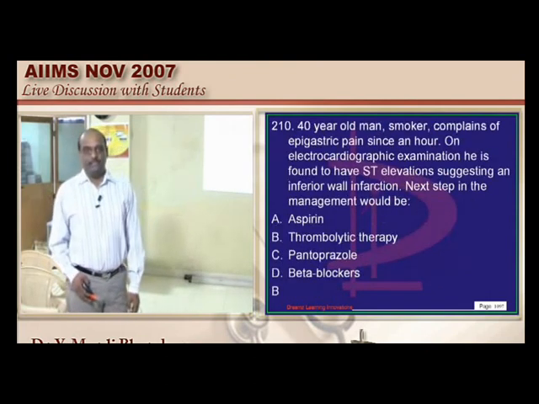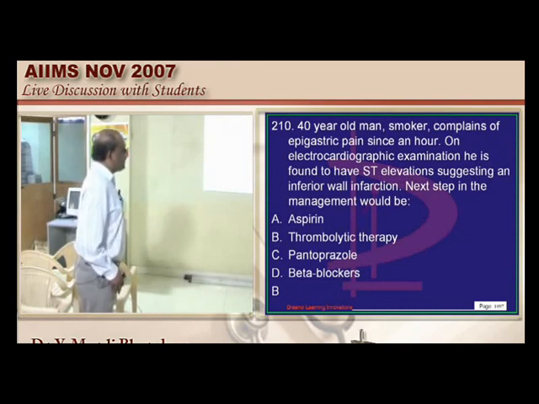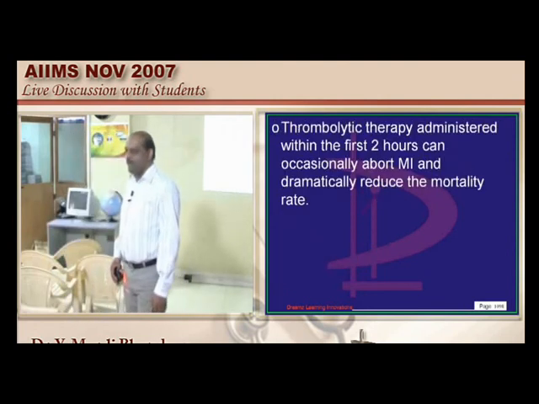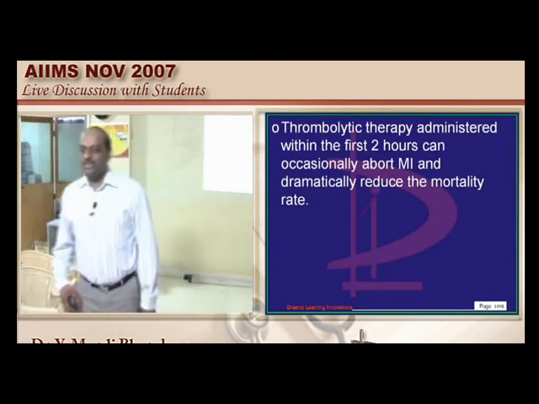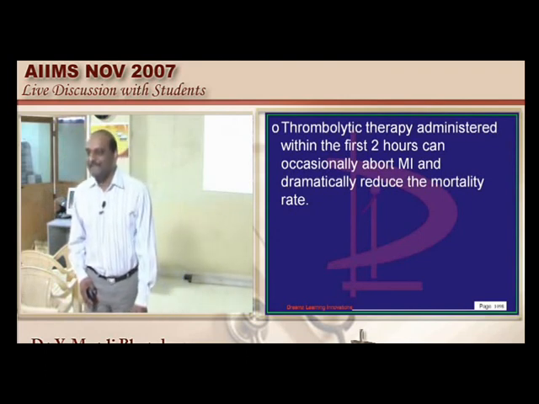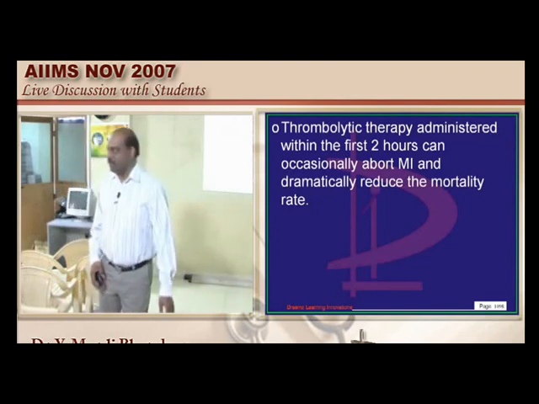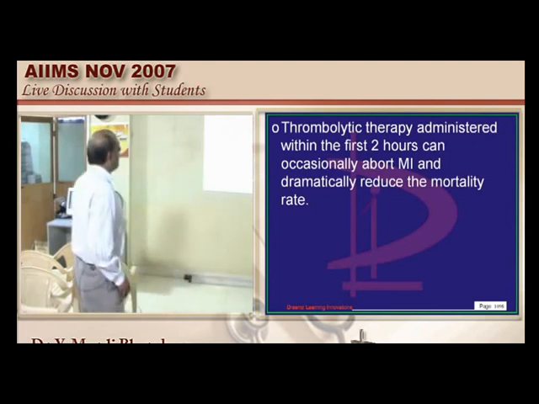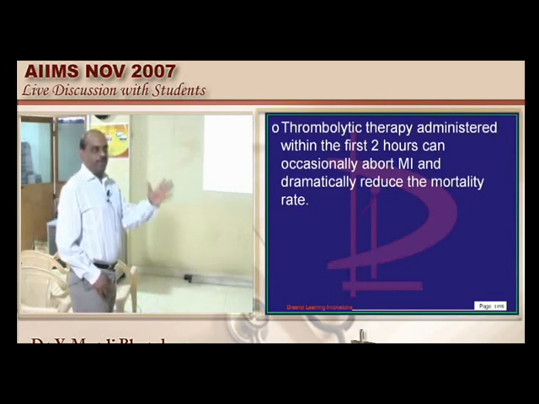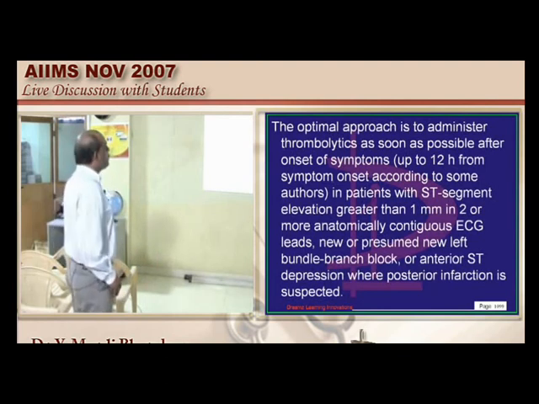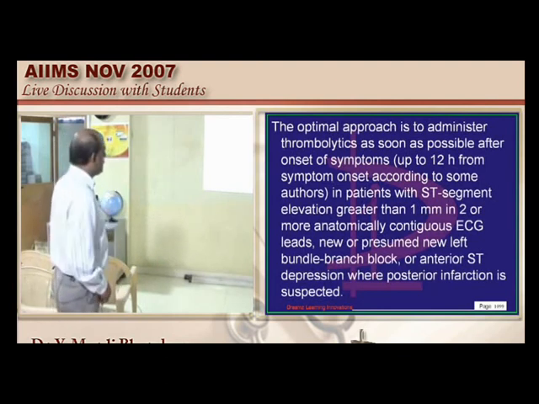A 40-year-old smoker who is typically complaining of epigastric pain, ST elevation is there. Then what is the next step in the management? Give aspirin and talk about lipid management to him. Or you want to say that probably if you had exercised, you would have been better, lifestyle modification. No, I am a Gen Z doctor, so no talking, no waiting. Thrombolysis is the one which you have to initiate. So it is always good if you initiate thrombolysis within 12 hours with ST segment elevation of 1 millimeter to 2 millimeters or more in contiguous leads.